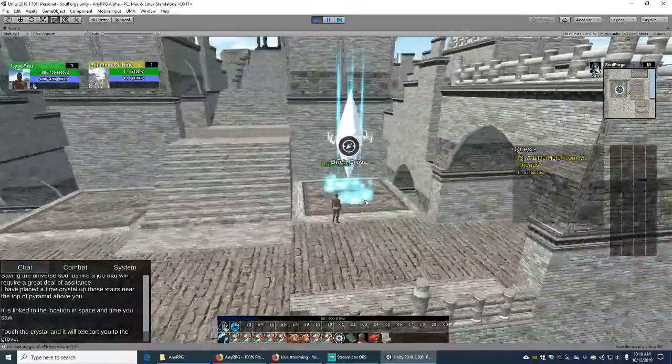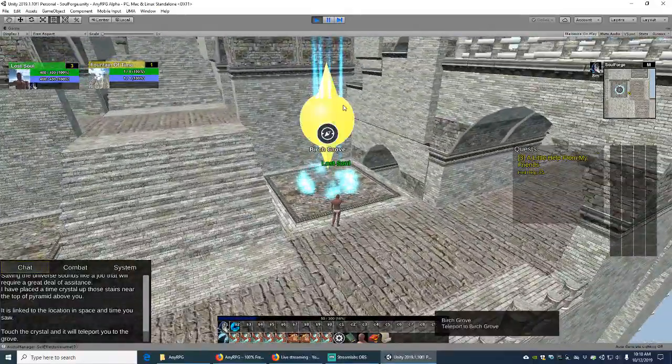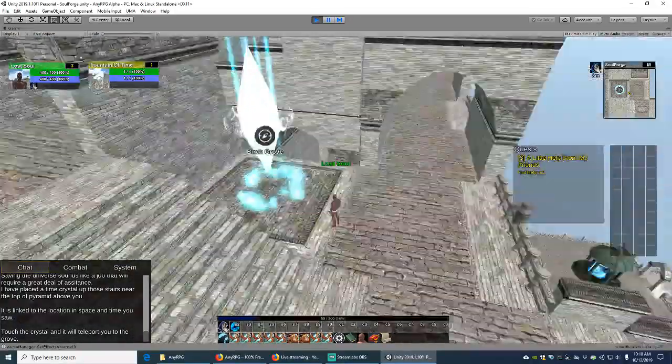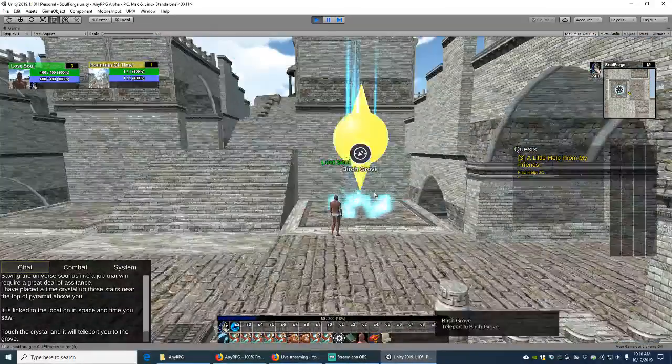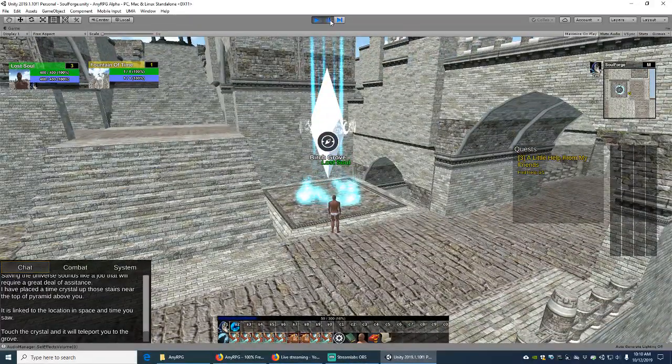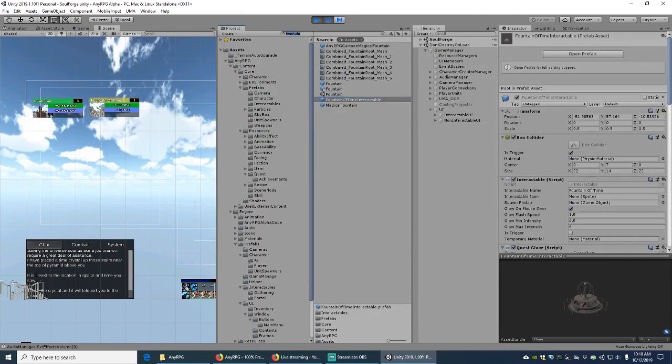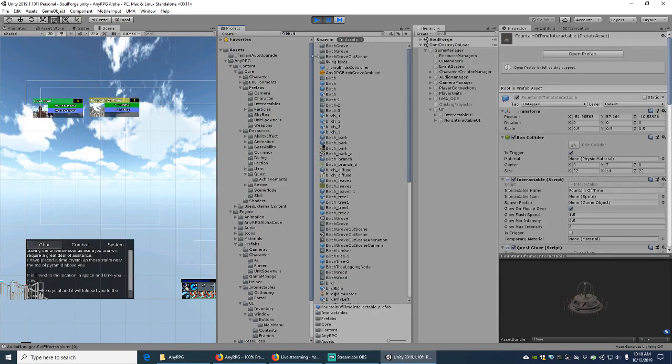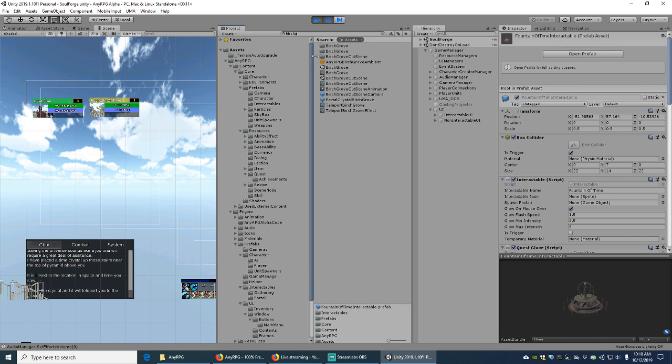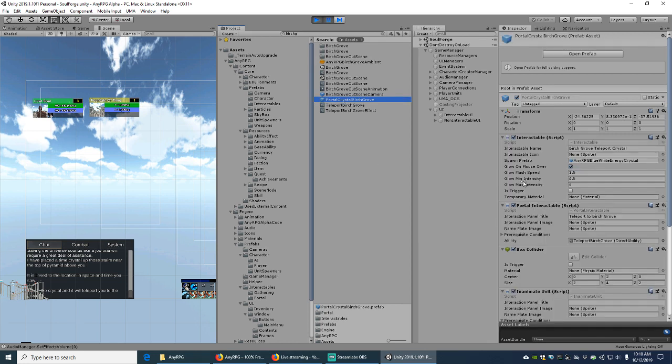You'll notice that this thing basically just spawned, and it wasn't available or even visible to us before that first time that we ran up the stairs. So if we look at the Birch Grove teleport crystal here, this one here is configured with a spawn prefab,